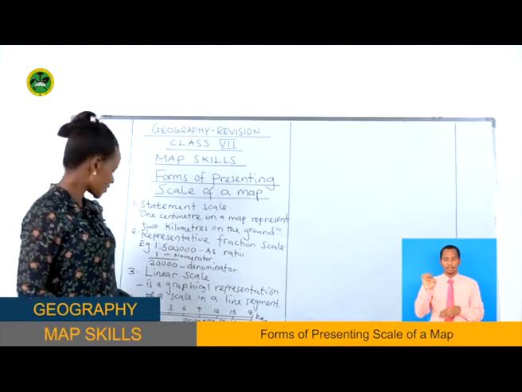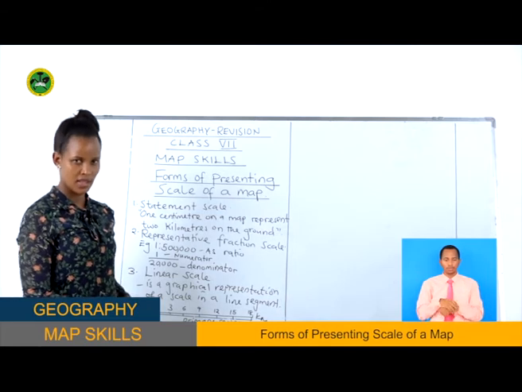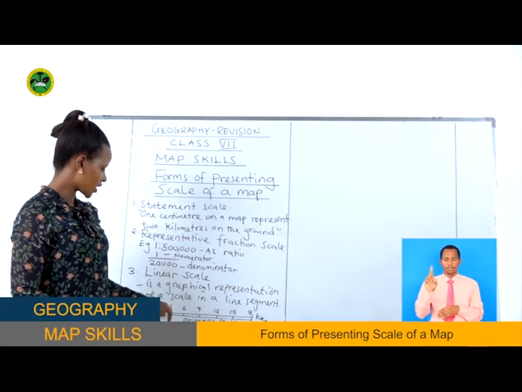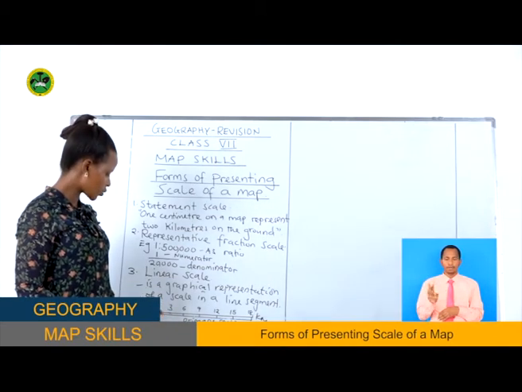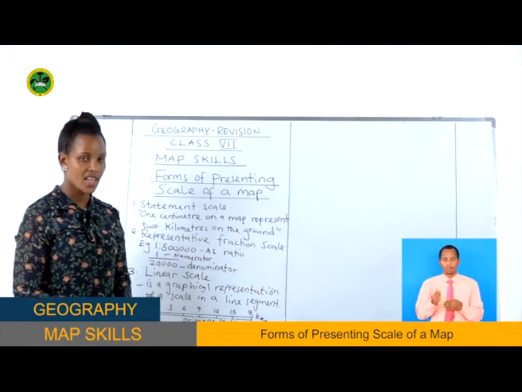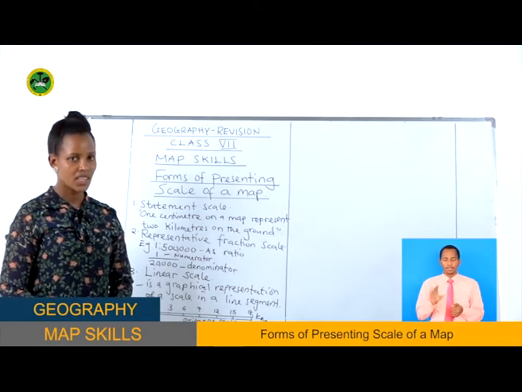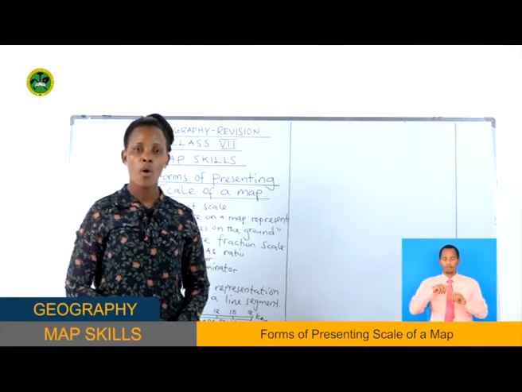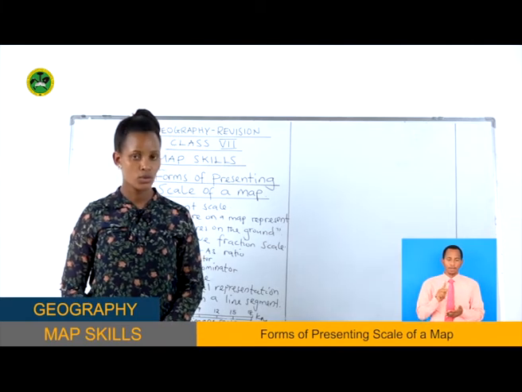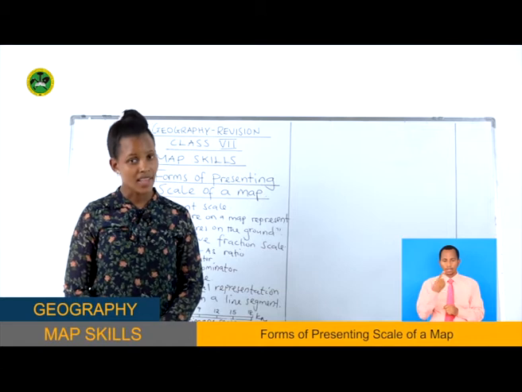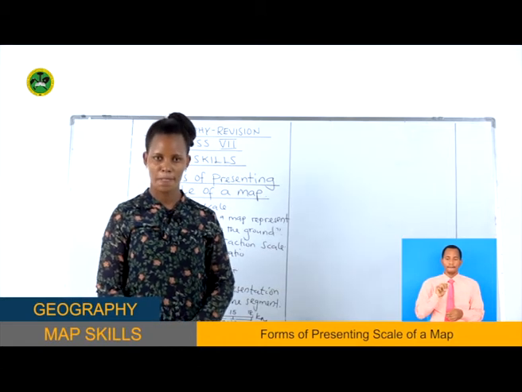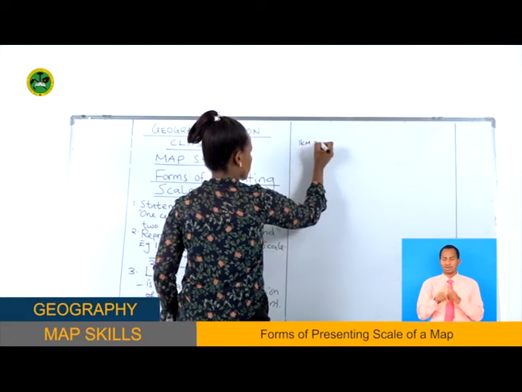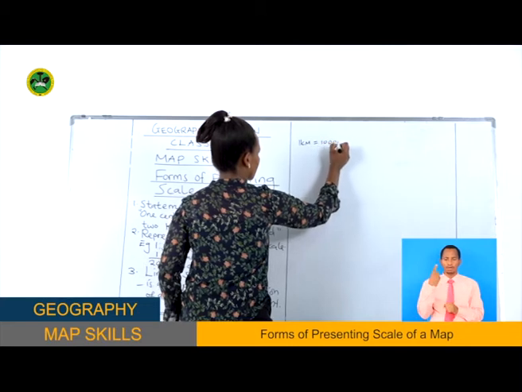So if the secondary section should be in meters, how can we get the meters? You take from the scale given, which is 1 centimeter equal to 3 kilometers, then you convert 3 kilometers into meters. From the metric table, 1 kilometer is equal to 1,000 meters. That is constant. It cannot change. So if 1 kilometer is equal to 1,000 meters,